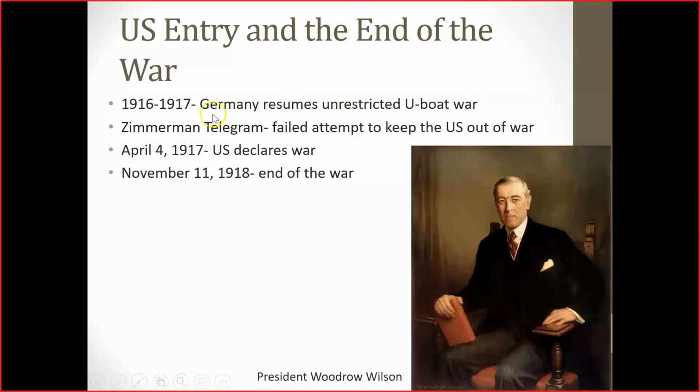So, to keep the United States out of the war in a meaningful sense, the German foreign minister Zimmermann sent a telegram to Mexico that was intercepted. This telegram was designed to keep the U.S. out of war by encouraging Mexico to attack the United States. In exchange for their alliance with Germany, after success in the war they would receive territories like Texas and California that had been seized in the Mexican-American War in the middle of the 1800s. This leads to the 1917 declaration of war by the United States.